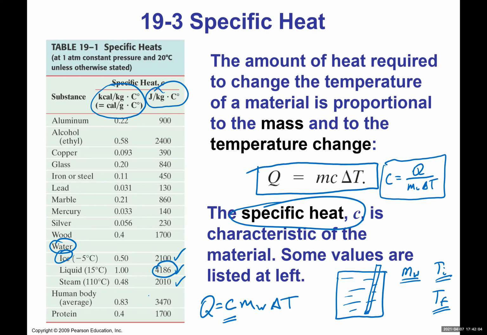So heat will be added during the day, and heat will be removed during the night. If the water had a low specific heat, then the energy added or removed could be enough to boil the water during the afternoons and freeze the water during the night. Then we would have a real difficult time. Imagine during the day the water is boiling in the oceans, and during the night it's frozen. It would be really difficult to survive on Earth